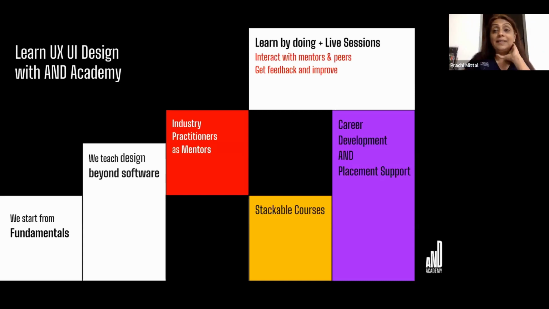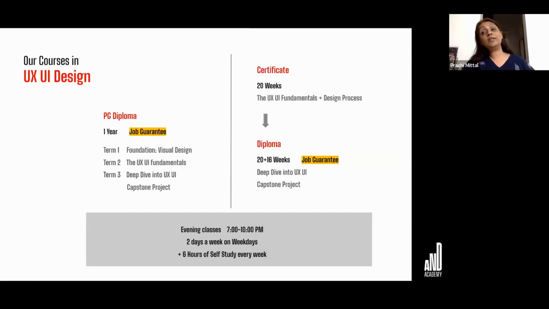So these are our courses. In the UX UI design space, we have a PG diploma, which is a 1-year course, which comes with a job guarantee. The PG diploma has 3 terms. We start with fundamentals of visual design. It helps you ease into the space of design and builds a very strong foundation for your UI design. In term 2, you learn the fundamentals of UX and UI, right?